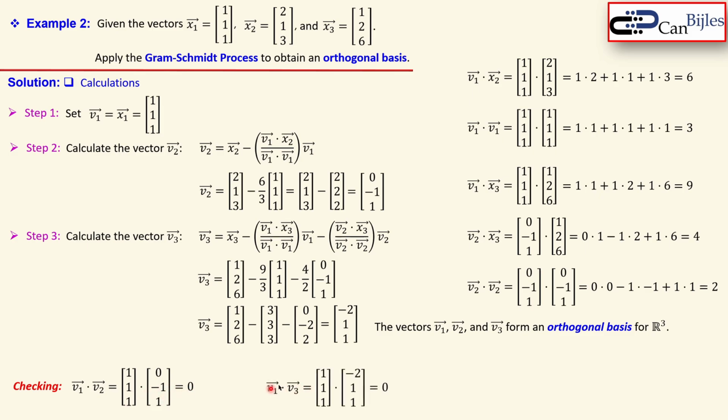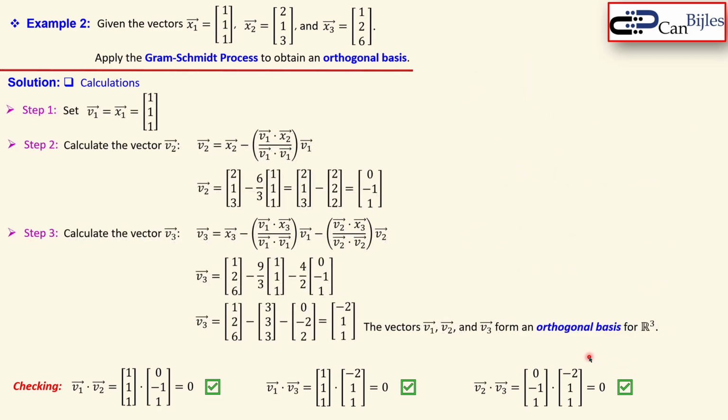The next one is v1 with the dot product with v3. We see here 1 times minus 2, which is minus 2, plus 1, which is also 0, so this is also correct. And then the final one, v2 with the dot product with v3, is here 0, minus 1, plus 1, and this is also 0. So we have now checked the 3 calculations here,